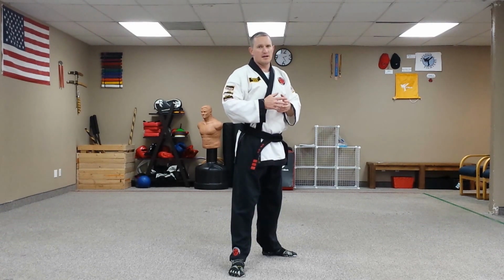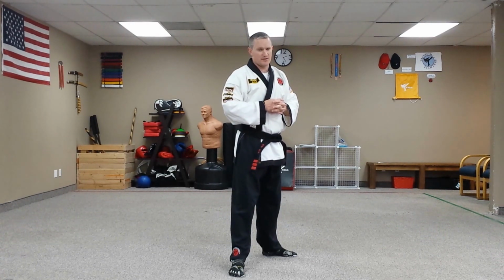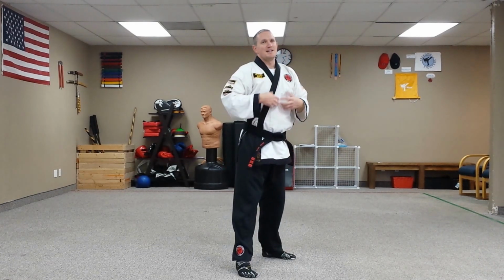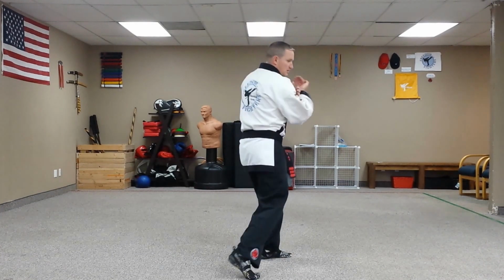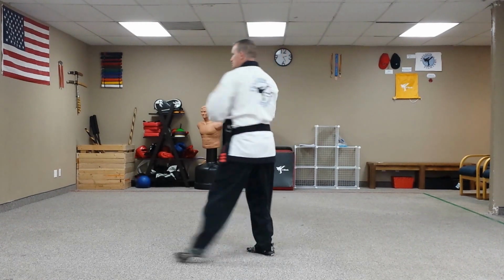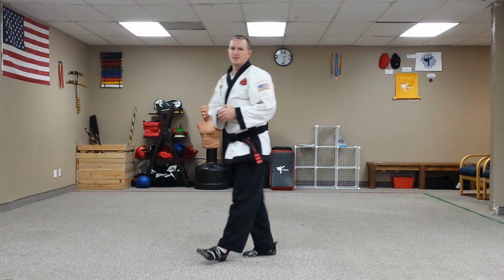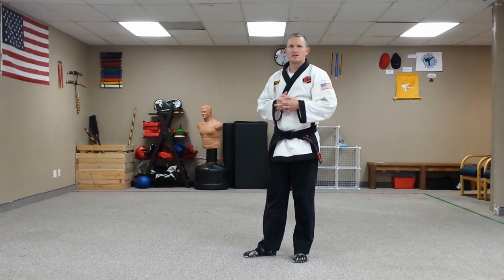diaphragm, things like that. Had my oldest son strike me to the diaphragm with a ridge hand to talk about how to strike with your hips. Took my breath away, even though I was prepared. So, okay, ridge hand. You can do a front or rear position. I prefer front. You can get a little bit more